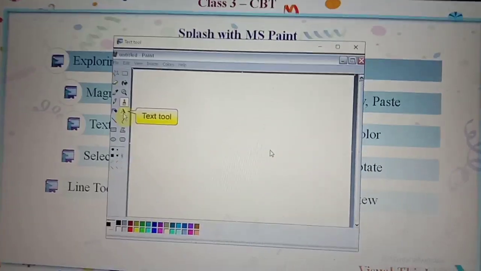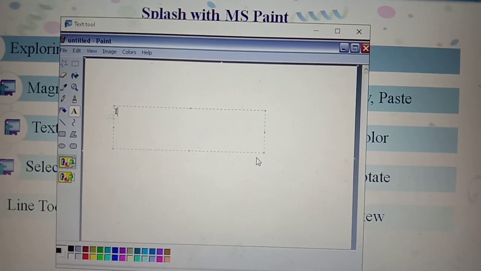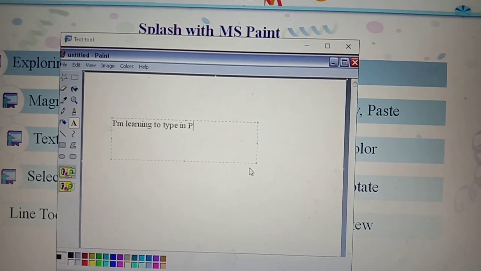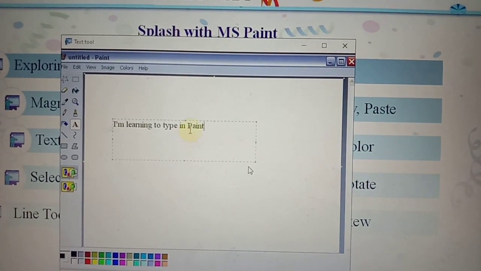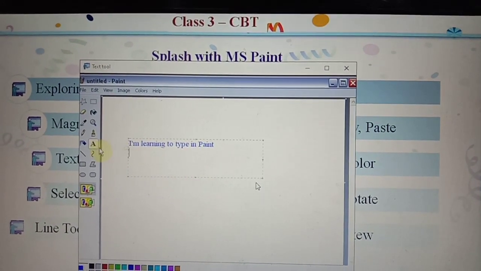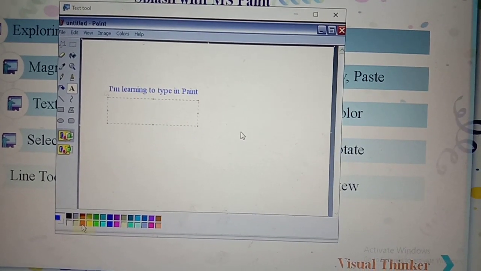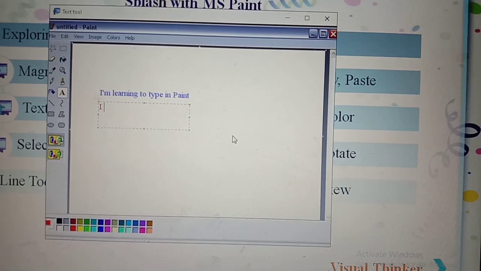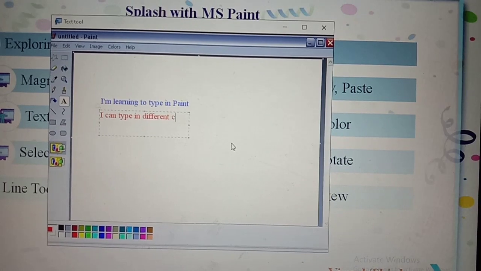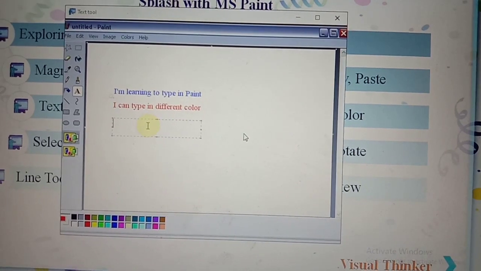Okay. Again, I am showing here. See here children, this is our text tool. After selecting the text tool, you can start typing. And you can change the colors also. You just look here. If you want to change the color, you can click any color. Based upon your interest, you can change any color. From the color box, that is the color palette, you can choose any color. Okay, see, each time I'm changing the colors, right? First is blue, second is red, right? Yes, if you want you can change the color. Okay, see what is happening here.